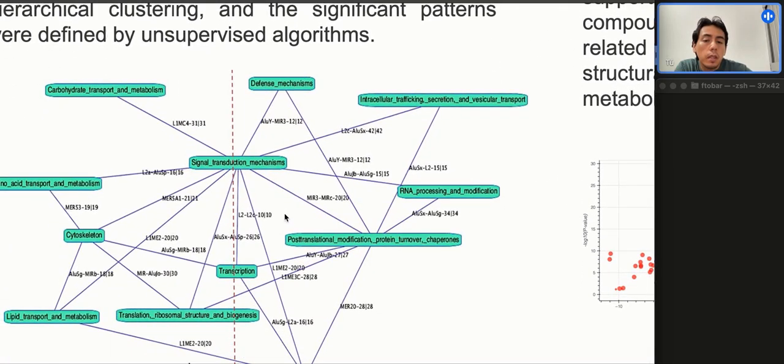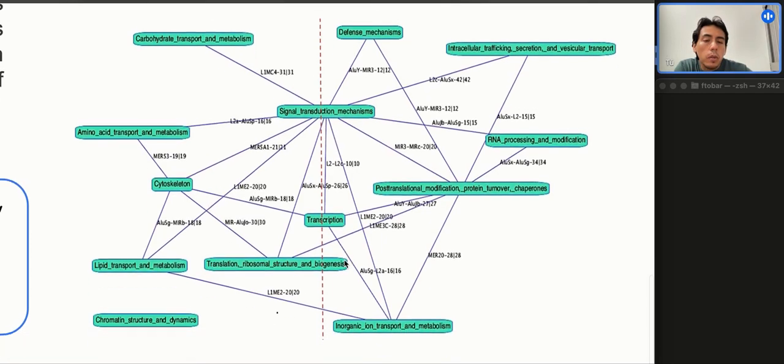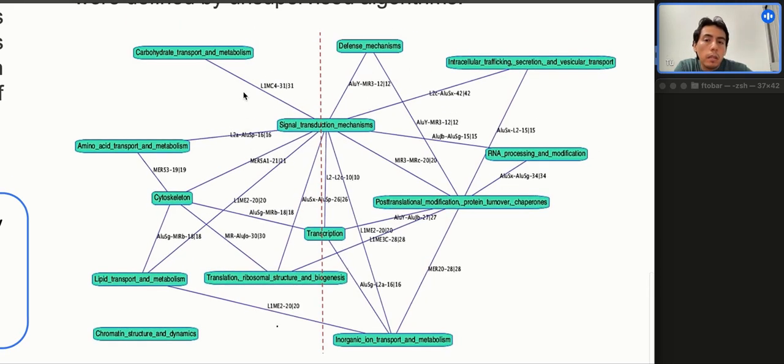Of course, this is a standard procedure to analyze those genes, but we analyzed the promoter region of those genes with the idea to identify singularities in the organization of regulatory elements. In fact, here you are seeing a network which connects pathways, but these lines represent the patterns of regulatory elements that we found in the promoter regions. And mainly we found repetitive elements like transposons or simple repeats that allow us to classify those genes based on the possible mechanisms of regulation, based on those elements and their binding sites.